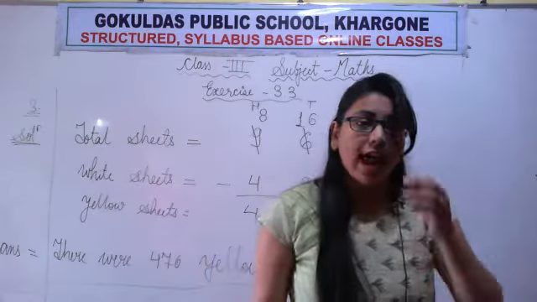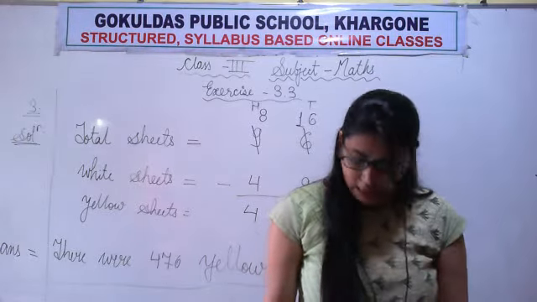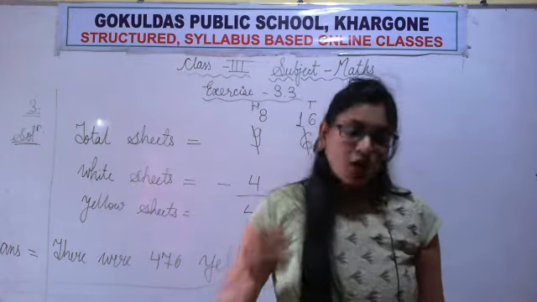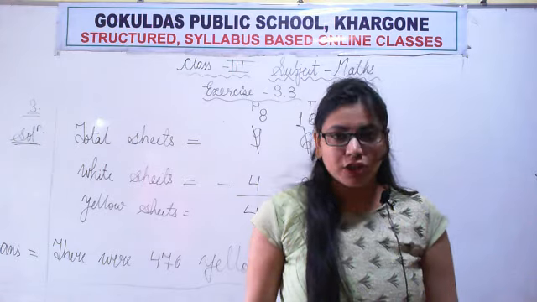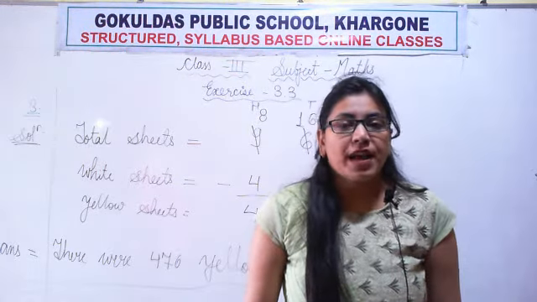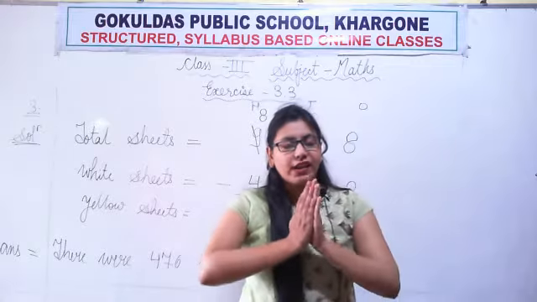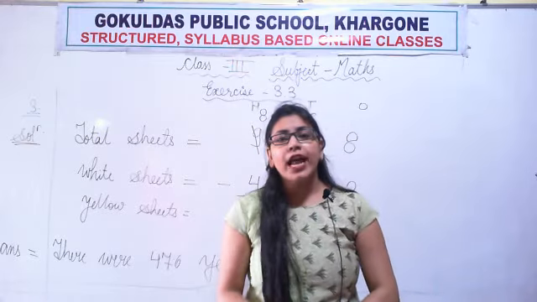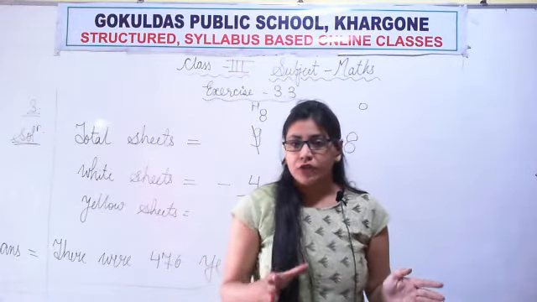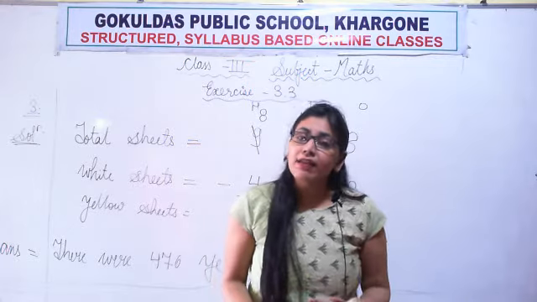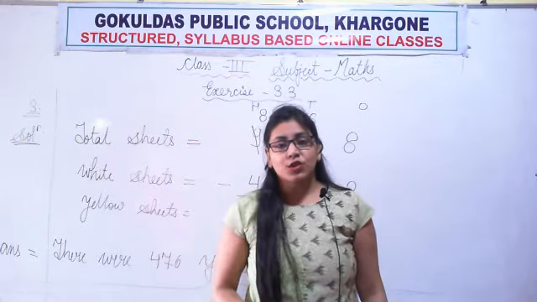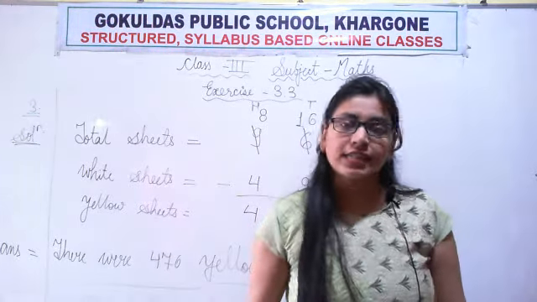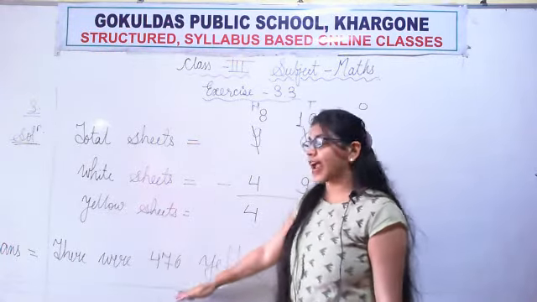Now I hope you all had noted down the question, solution and answer too. So this is how we can perform subtraction stories or word problems. First of all, we'll read the word problem very carefully. By reading, we will find out the given information. Then we'll find what they are asking us to find. And then with the help of the given information, we'll find whatever the question is asking. After solving, we'll write the answer too.